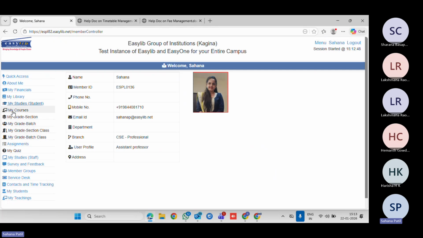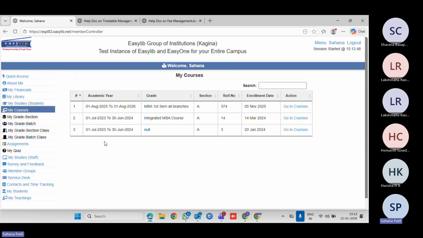When I click on My Courses, you are going to see, on my particular member ID, the particular courses that have already been assigned. Let's take that I'm having a particular academic year, a particular grade section, roll number, and enrollment date, with the particular actions for all the courses that have been assigned. I'll go for this one, the integrated MBA course. When I click on go to course,